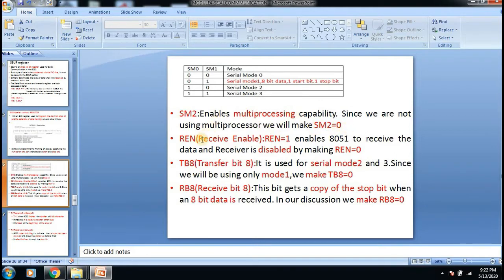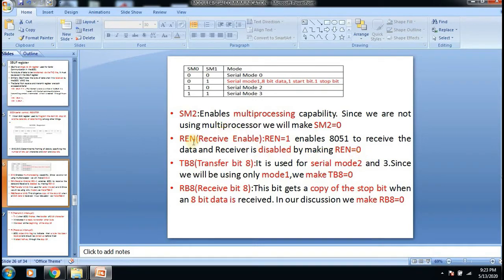The next bit is receive enable, REN. The 8051 will receive data only if this signal is 1, and the receiver is disabled by making REN equal to 0.